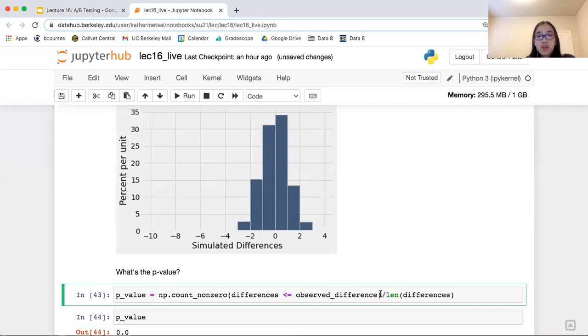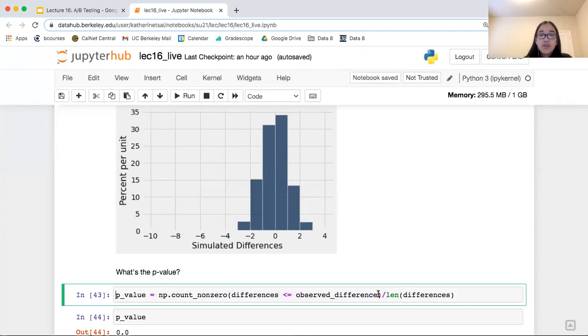So that's what we're doing here with this np.count_nonzero thing. What we're doing is we're taking all of our simulated values and we're counting up how many of those are less than or equal to what our observed value was. And you could see visually, there aren't any values of the histogram that are like way up to -9 or further than that. So you can say, okay, that's probably 0, but let's just double check with the p-value calculation.